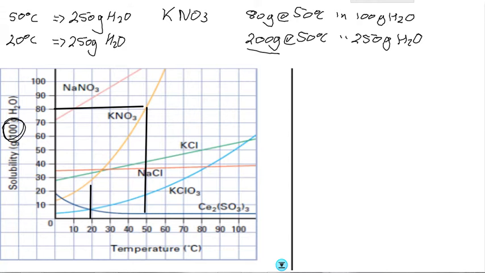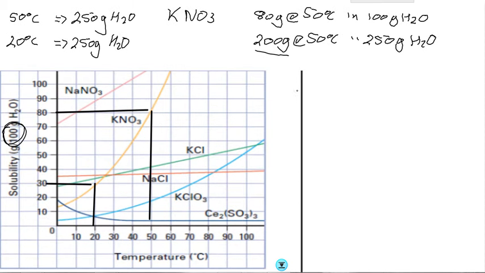So let's go down to our 20 degrees Celsius line and we'll go up to our potassium nitrate. Make sure we get the right line because there's a lot of lines here. Okay, so there we go. We go up and we go across, and that works out at 30. So what can we establish from that? Well, we can establish that 30 grams of the potassium nitrate will dissolve